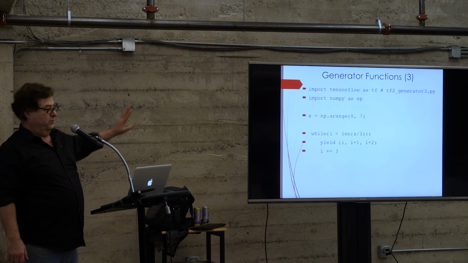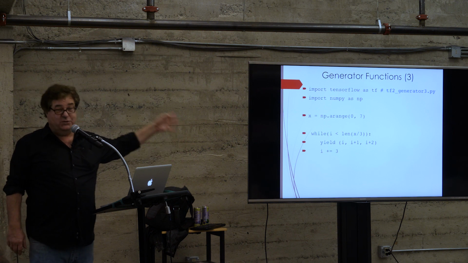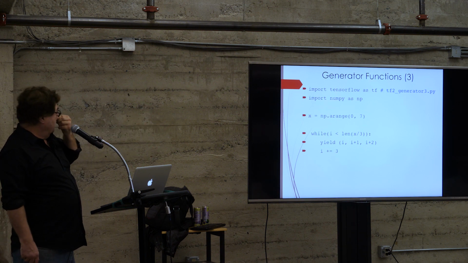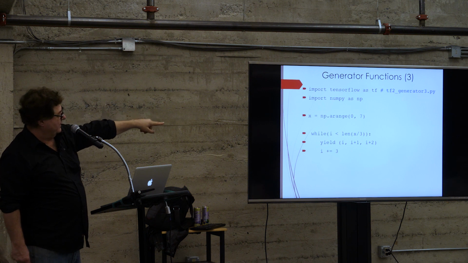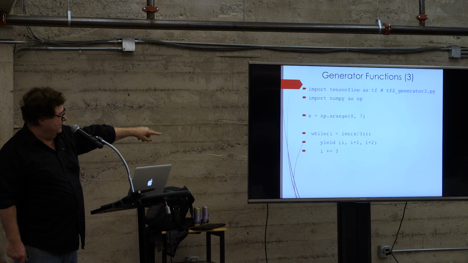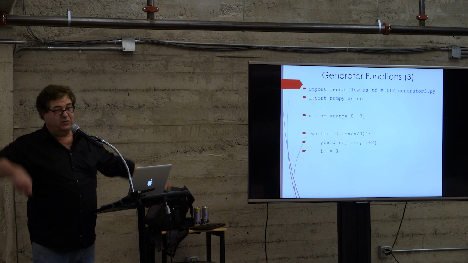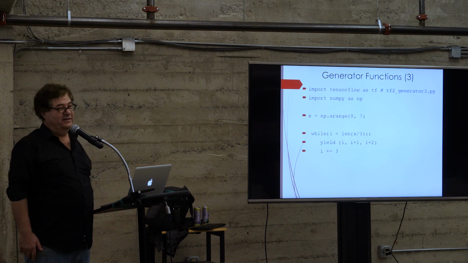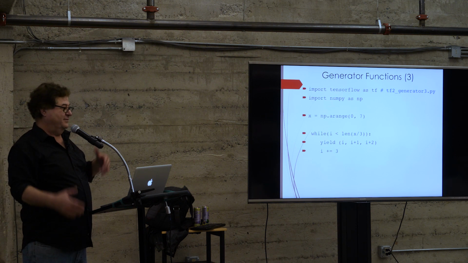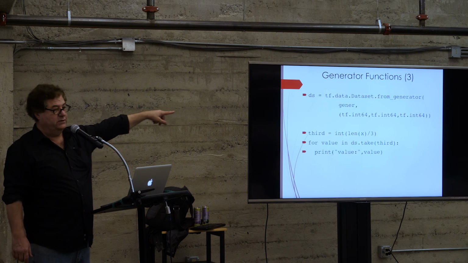Now, I realize this is contrived, typically not something you're going to do, but in case you ever need to, you notice here, I've got x and I've got len x over 3. And then I'm going to have a yield, and look what I have, i plus 1, i plus 2, and then below that I increment by 3. Kind of hokey. I'm taking 3 things and then I'm skipping over, almost like a pointer style. Just to illustrate the fact that that's how you would do something like this.